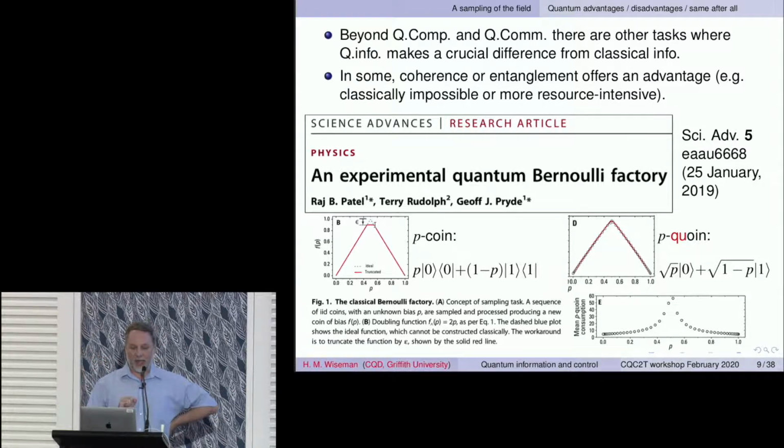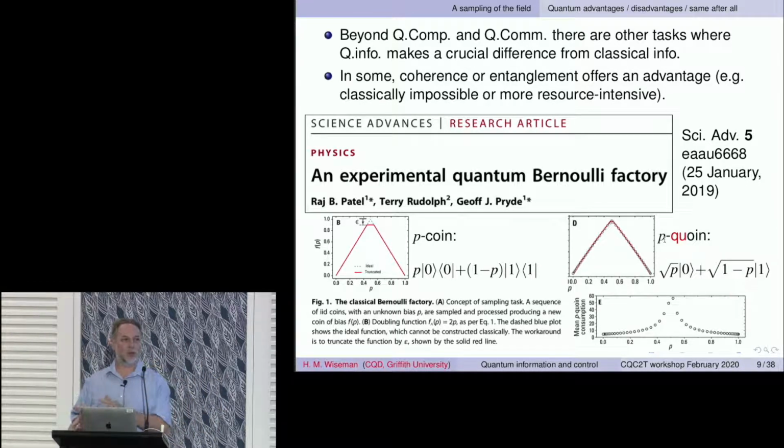And so classically, that's a point where it diverges and you need an infinite number of p coins in order to be able to do this problem. And so yes, classically you can truncate this bit and make some approximations, etc. But a creative solution, which Terry Rudolph and maybe collaborators, I can't remember, came up with was to think about